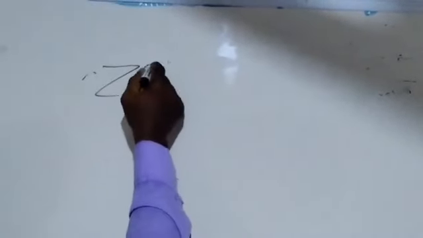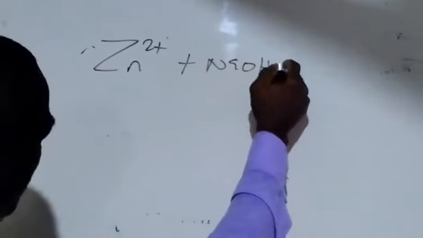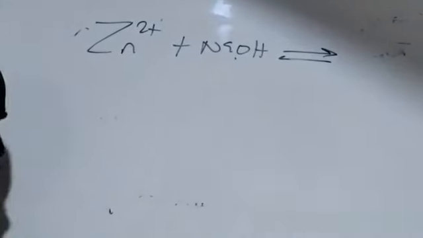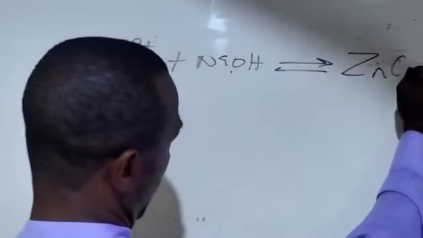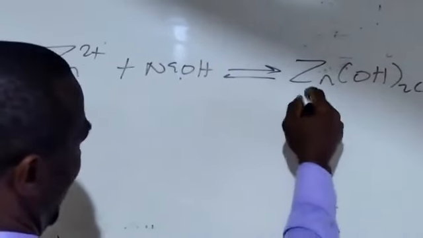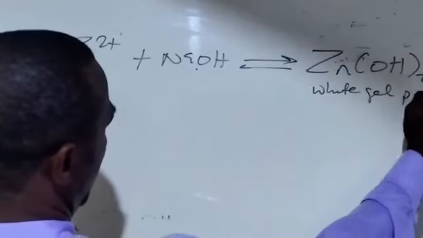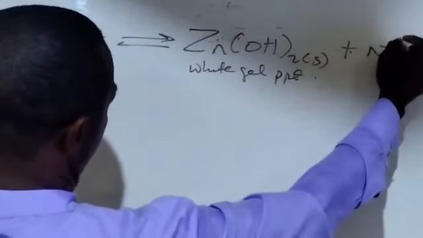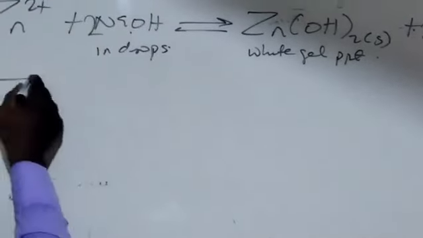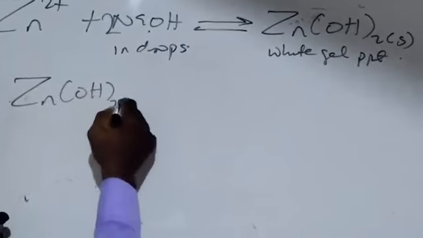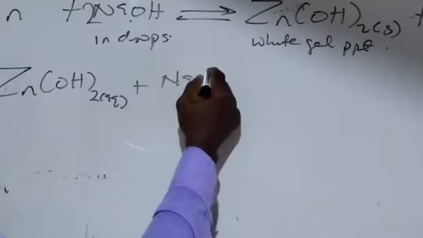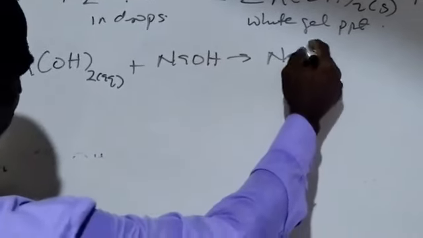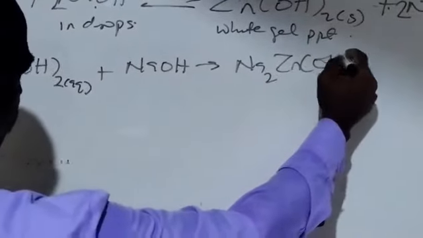To make it clearer, in that AIII, when we add the sodium hydroxide to Zn2+ ion, the Zn2+ ion in this C aqueous will combine with sodium hydroxide to give us zinc hydroxide, which is insoluble, which is the white gelatinous precipitate. This is what you observe in drops. But in excess, so we added this chemical in excess, the zinc hydroxide, which is the white precipitate, combines with excess NaOH to give us the complex salt,